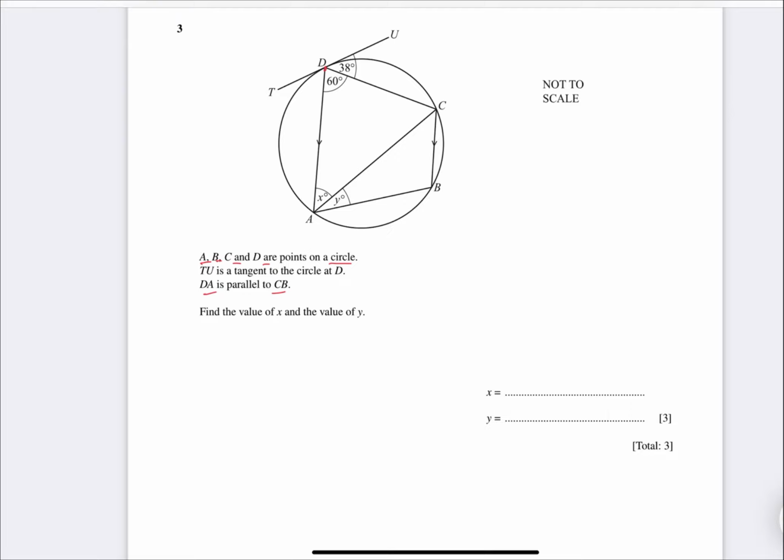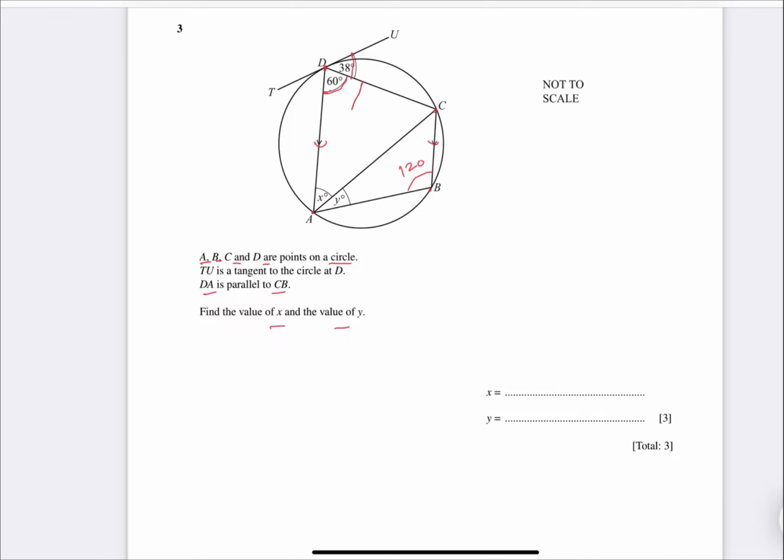DA is parallel to CB. Okay, they are parallel. These two lines are parallel. We have to find the value of x and y. So if this one is 60 and this is a cyclic quadrilateral, what can I figure out from here? I can figure out that this one would be 120 because the sum is 180. Yes or no? Now, if this one is 38,